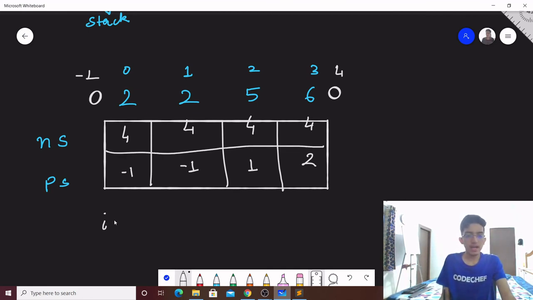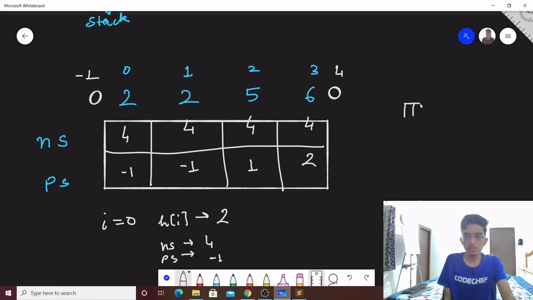So when our i value is 0, in this case, h of i is 2, right? And the next smaller is at index 4, and the previous smaller is at index -1, right?